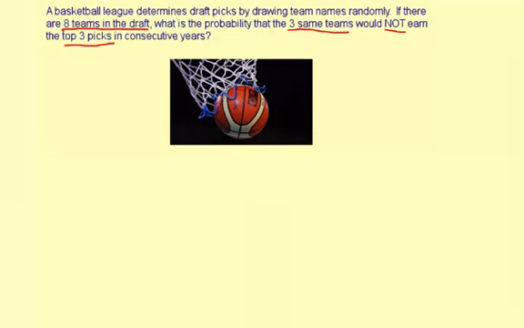This is a little bit of a large situation to draw a tree diagram because you've got 8 teams, that's a lot of branches. But let's take a look at this logically. You want to know what the probability is that the 3 same teams would not earn the top 3 picks. Well, what if you found the probability that they do earn the top 3 picks in consecutive years and then use the complement? Now, it doesn't say certain teams have to be in a certain order, so you want the top 3,